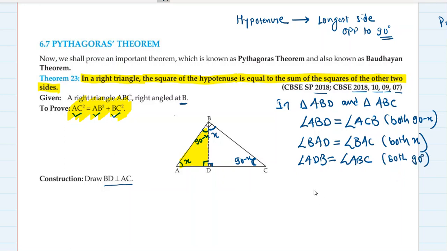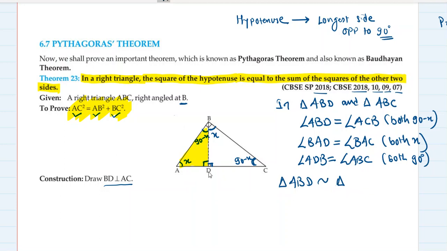Okay, so we didn't have to write three pairs, right? We just wanted two pairs of angles. But anyways, we have written three pairs, not required. You can just mention two pairs of angles to prove similarity by AA similarity test. So anyways, triangle ABD is now similar to triangle... Now correspondence, the main issue is the correspondence.